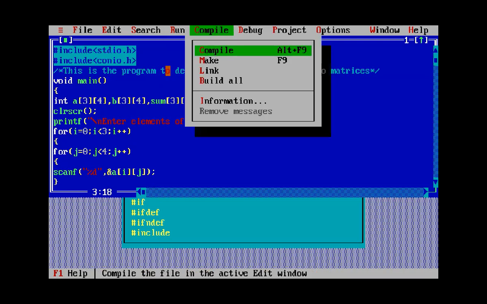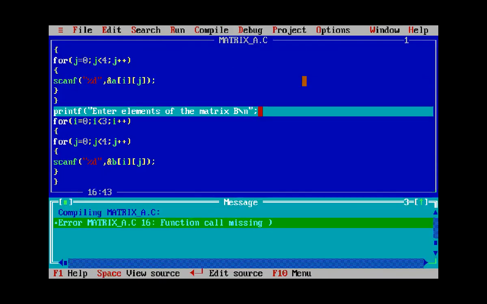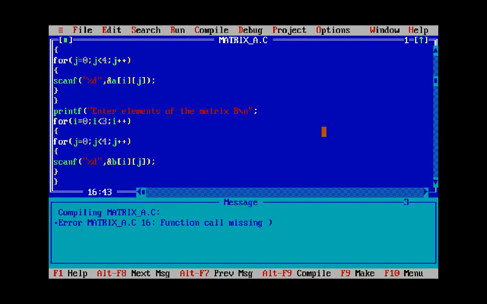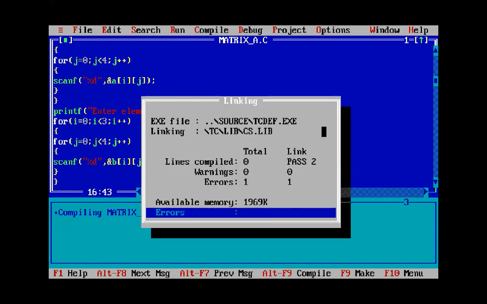Let us compile this program. There's one error. Let us see where the error is. Okay, so we forgot to add a bracket here. Let us print this matrix.